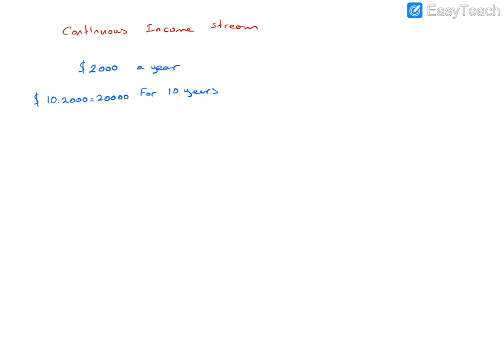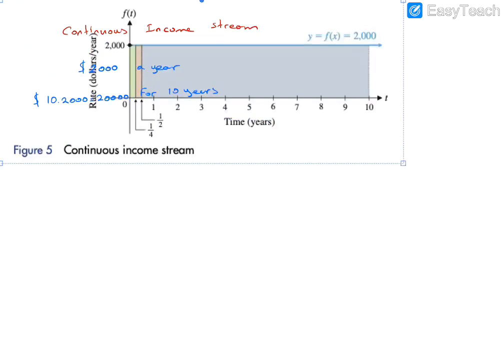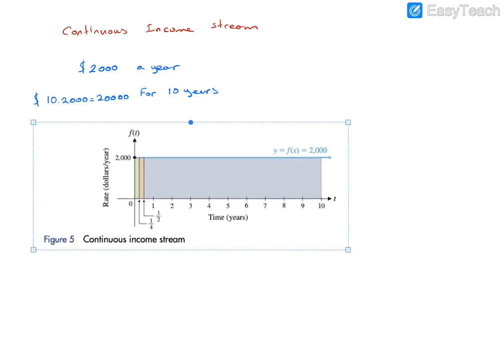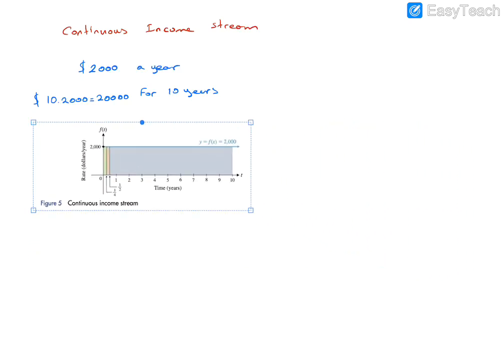We now look at the same problem from a different point of view. Let's assume that the income stream is continuous at a rate of $2,000 per year. In the figure 5, here the figure 5,